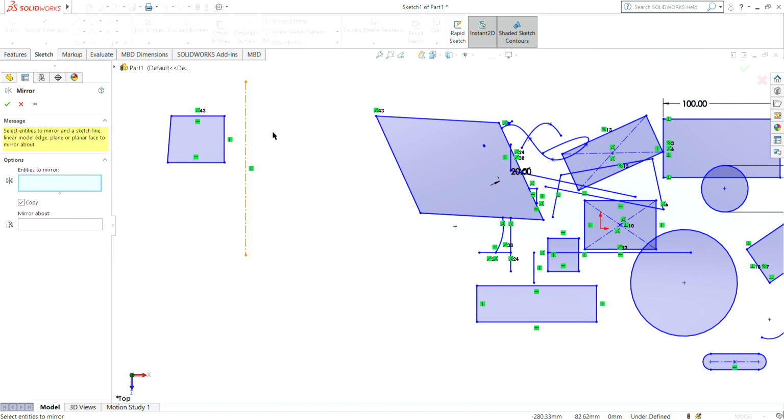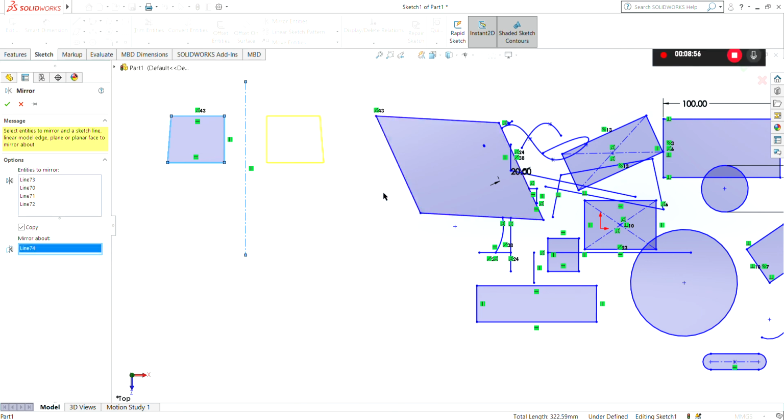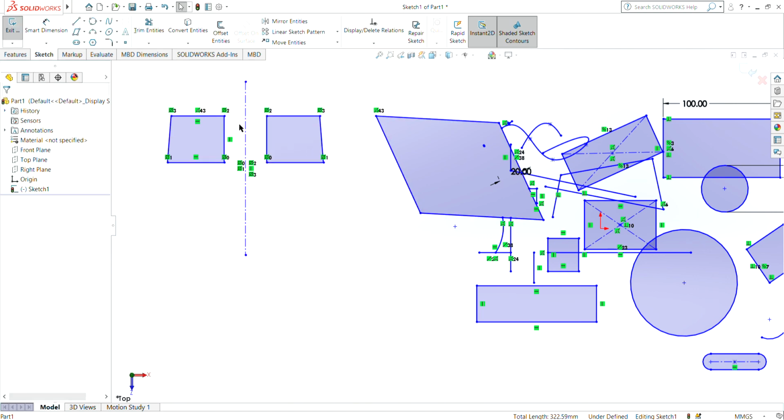This is the center line. So first select mirror entities, select the entity which you want to mirror, and in mirror about, we have to select the line about which we have to mirror. When I have selected this, there is a preview, and then right click, not anywhere else, and it will be mirrored. So this is mirror entities.